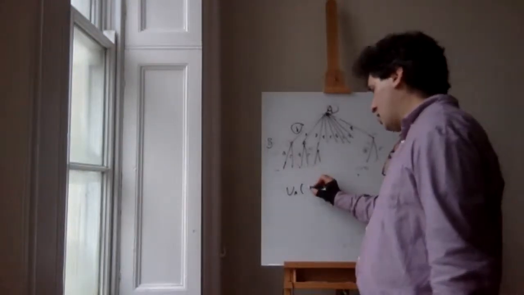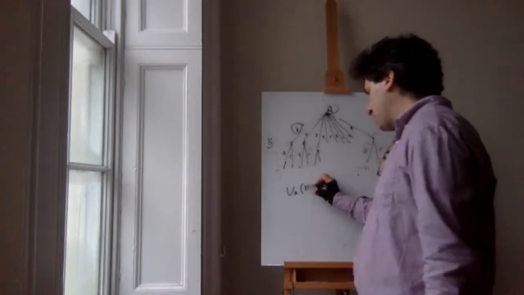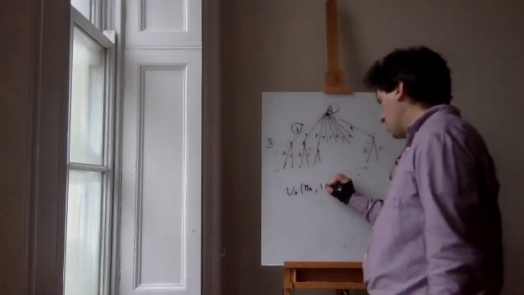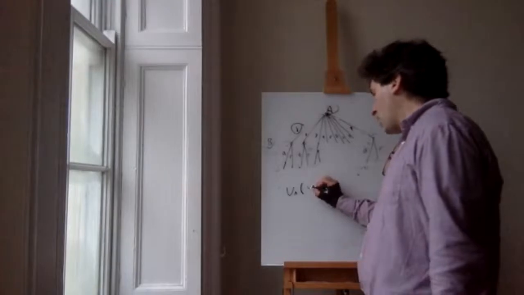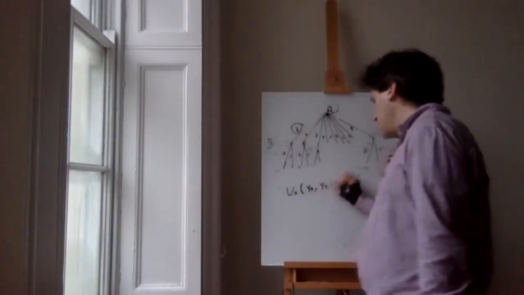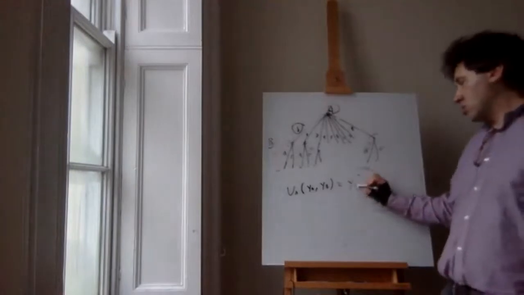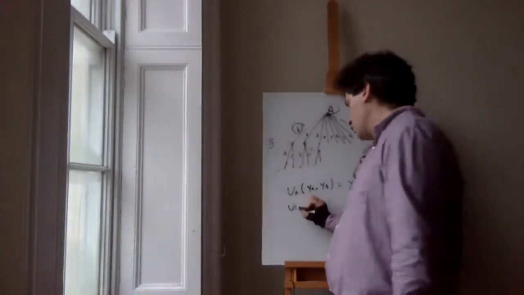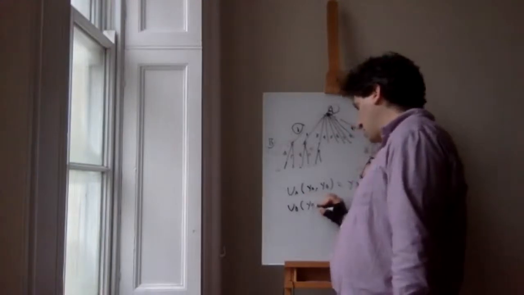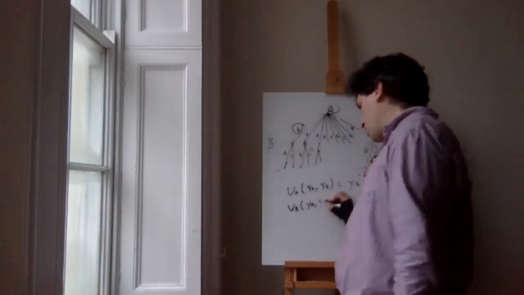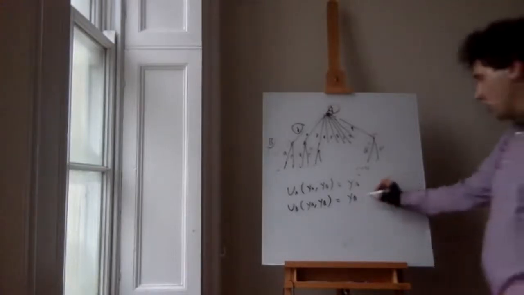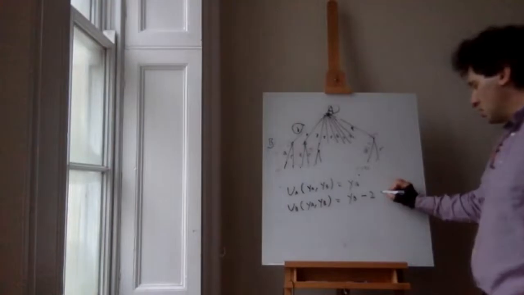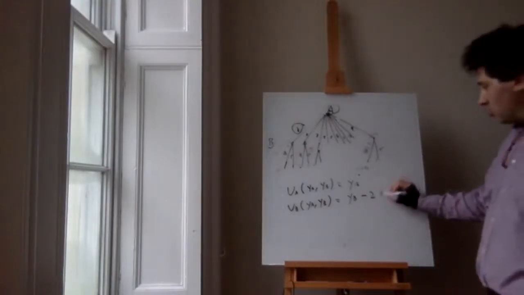Let me just make it more consistent with what we said before. Let's call it A's payoffs. A earns the amount YA, B earns the amount YB. We said all A cares about is her own earnings. B's payoffs, as a function of how much player A earns and player B earns, is equal to, yes, she cares about her own monetary payoffs, but we have to subtract 2. So it's equal to YB minus 2 if